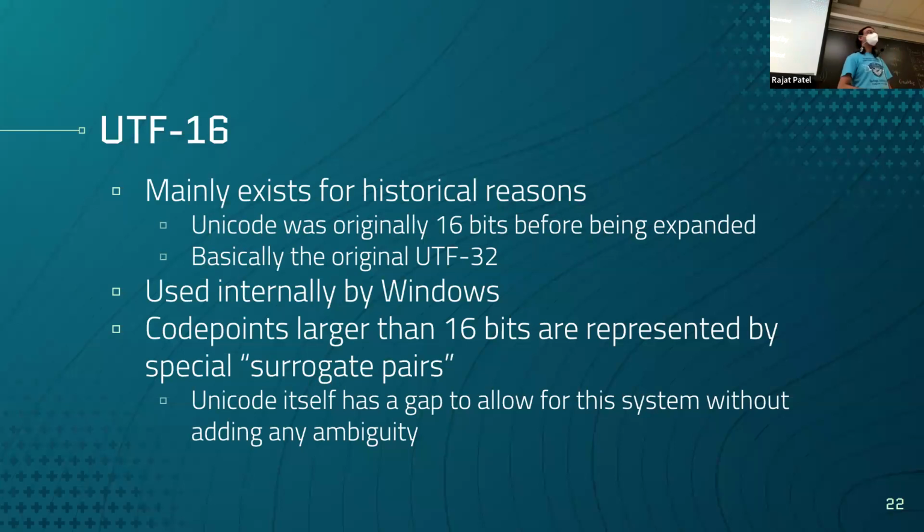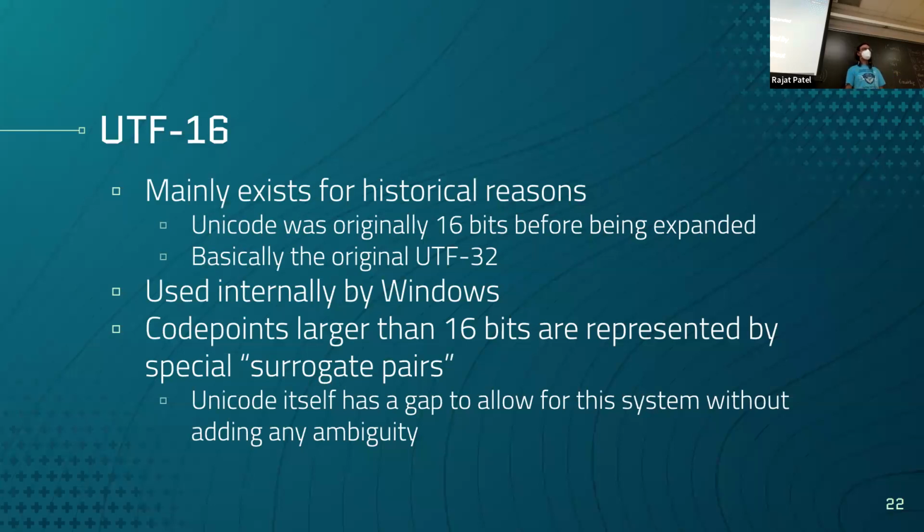Wait, so if you have surrogate pairs, then why would you ever need... Um, what do you mean? Like, if it already supports code points larger than 16 bits, why would you need 32 bits? Well, all of them support code points that can be up to 32 bits, so you can encode anything in any of these 3 encodings. It's just that